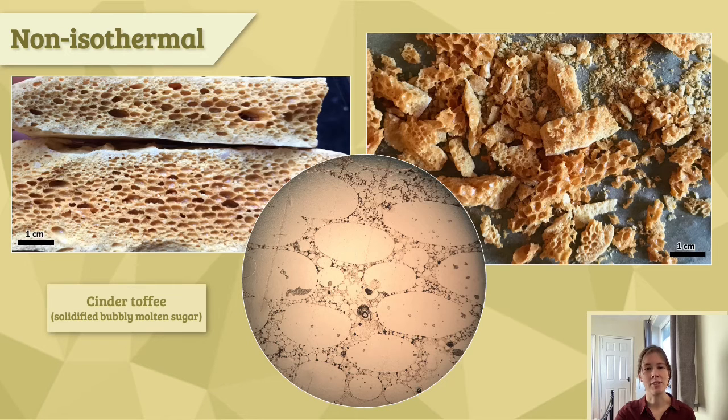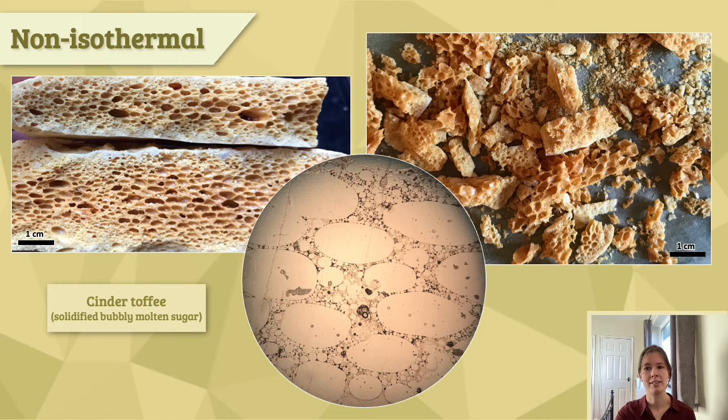We introduce the use of cinder toffee as a magma analogue that undergoes a phase change from liquid to solid on cooling. Cinder toffee is solidified bubbly molten sugar that is created by mixing melted sugar with sodium bicarbonate. The sodium bicarbonate undergoes thermal decomposition and releases carbon dioxide, which forms bubbles that are then preserved as the mixture